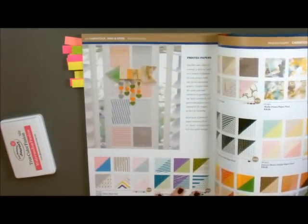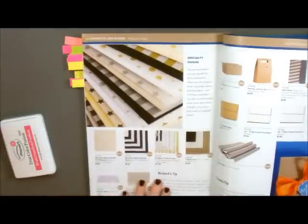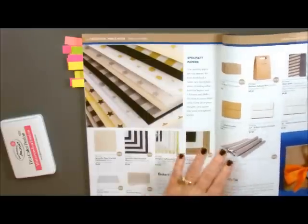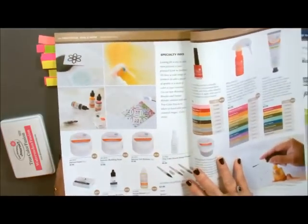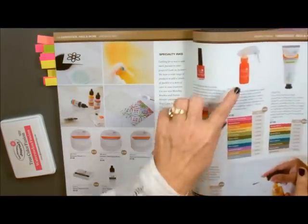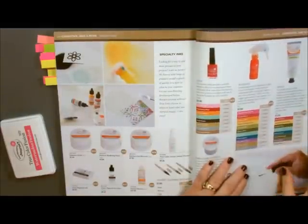We do have designer series paper. We have 6x6 stacks. We have vellum. We have the clear sheets, you know, the window sheets. We have envelopes. These are great little gift givers right up in here on that section. We have the Journey Media that I've already talked to you about. This is our little splashes. Look at the colors that they come in. And the handle on these are so easy. They're just so